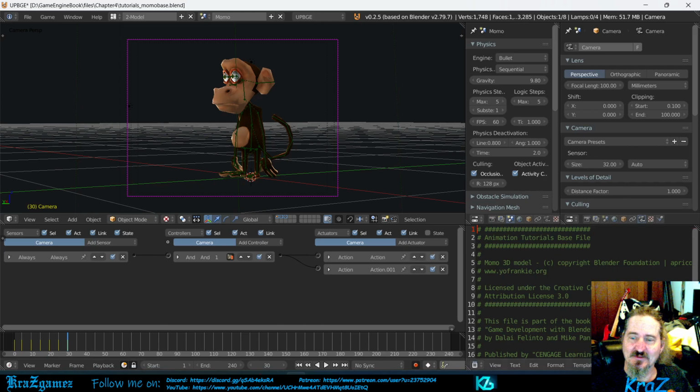Okay, link the AND controller to this actuator. Now the pre-tutorial camera actions blend is where you can find this done automatically for you, so you can look and not have to fight with it. If you don't want to have to fight with all this, you can actually just go to it and see how it looks. Now, if I come up here and I hit play,